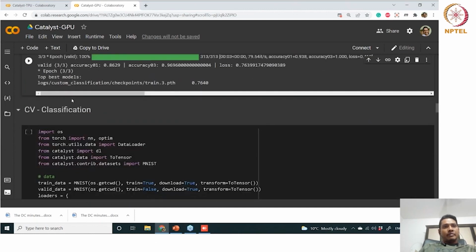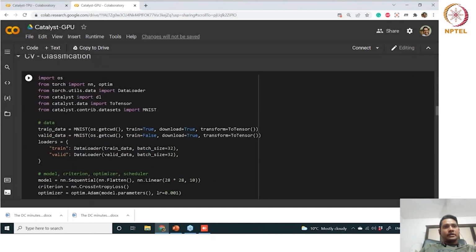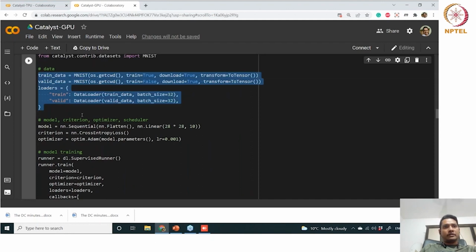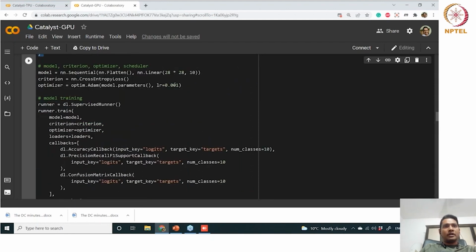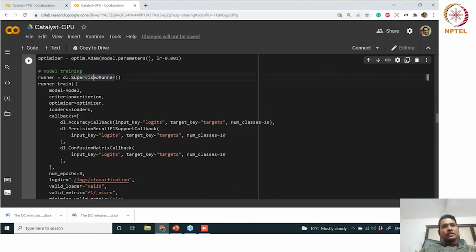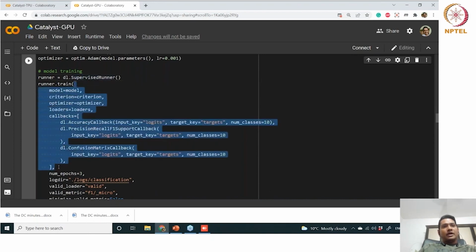So this was a simple pipeline for definition, and more compaction you can do. If you see this classification, this is the same pipeline we are doing, but here the same training data, train loader, and valid loader we have defined. Model, criterion and optimizer were defined with these parameters, and then we are using the supervised runner as the global or universal training module. Now, inside this training module, we are defining some callbacks